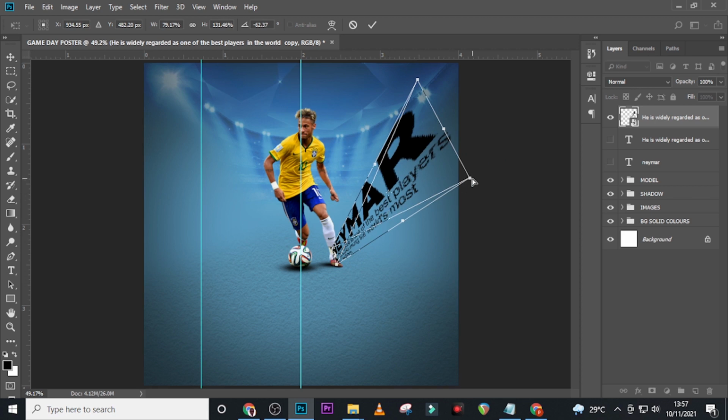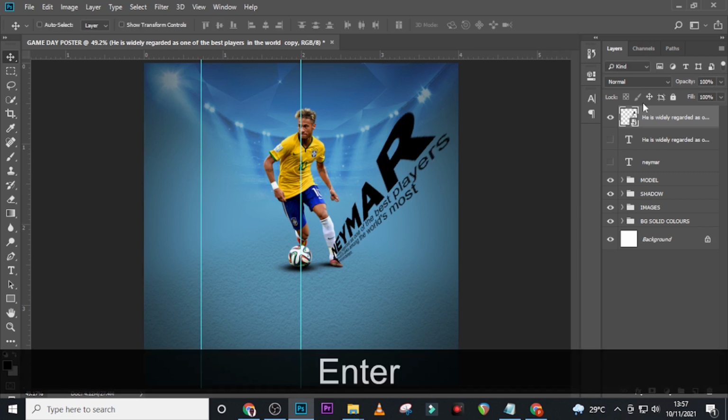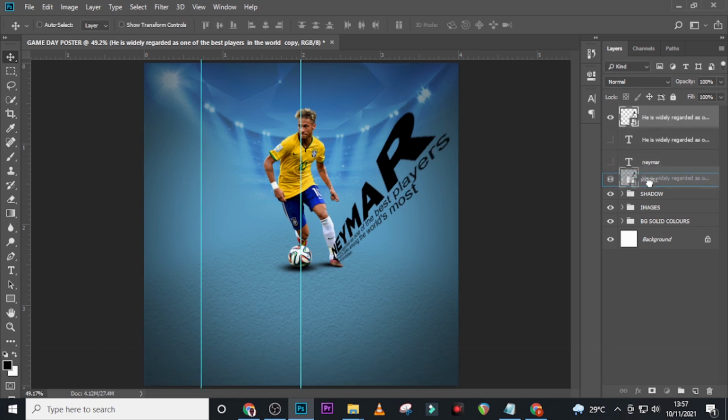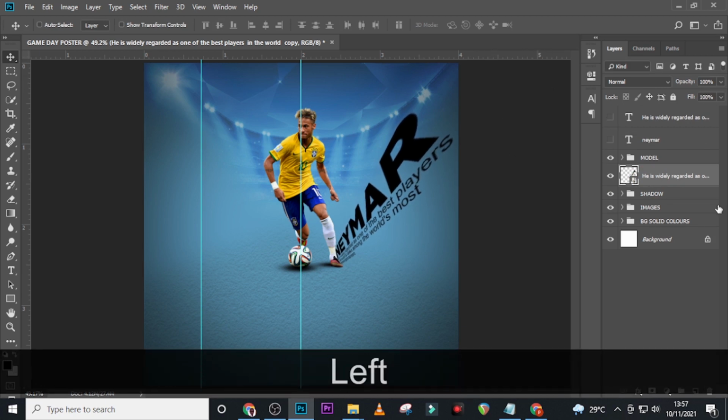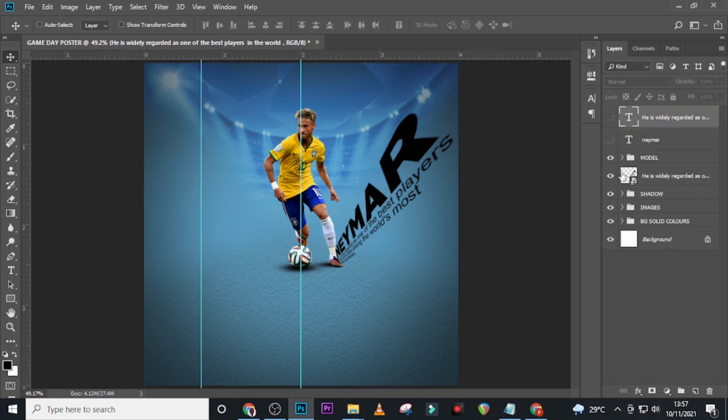Let's see. I think this is quite good. You can experiment and see which one you like. Enter. Now I want you to drag it behind the model. Awesome. Just like that. It looks cool. Awesome. Now let's pick